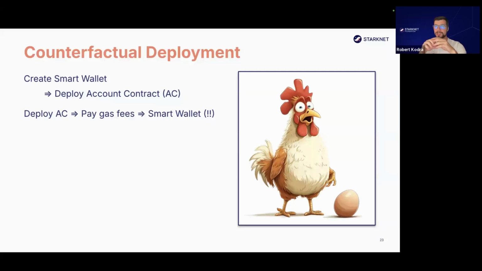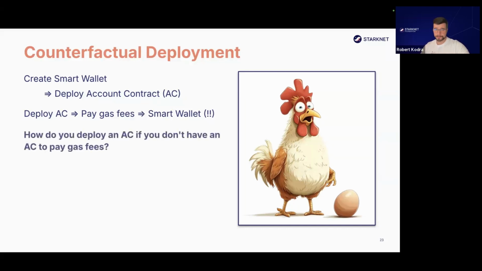If you remember from the last presentation, with the account abstraction model, we decouple these two from each other. We have the signer and the account contract independently, right? So now the question is, how can we do this? How can we solve this? And there's actually a solution for this. So the solution is actually